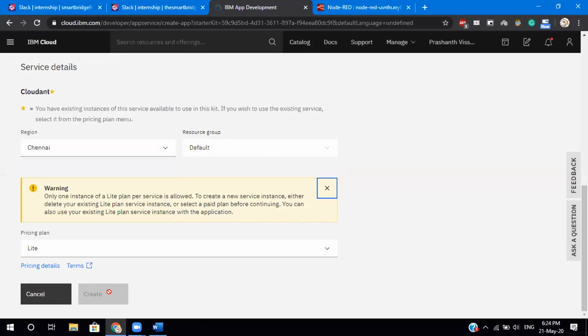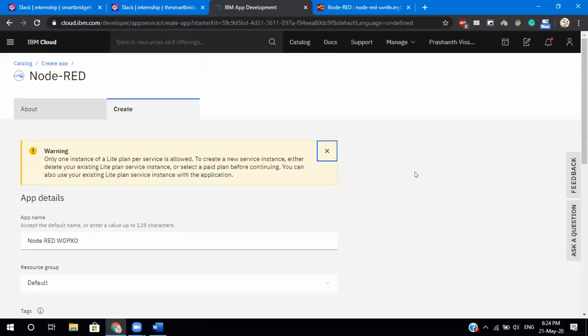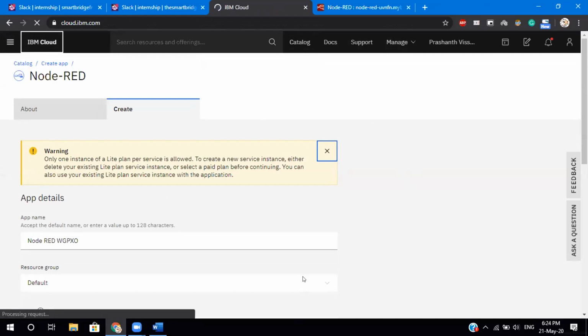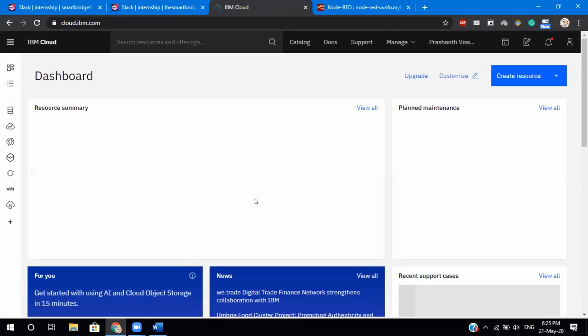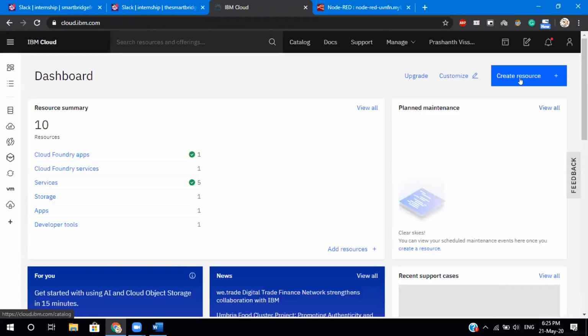All right, so you can click on it, and when you click on it, you will be asked to create a new API key and all. It's a very straightforward process. You can blindly go with the blue color buttons. Wherever you see them, you can just click on them. It's a very straightforward process.